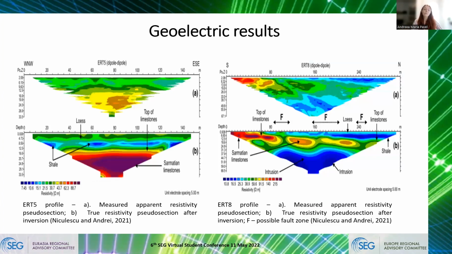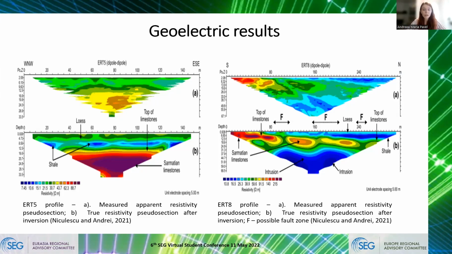Now I'm going to talk about some of the results we obtained after this field camp. On this slide, you can see 2 of our 8 geoelectrical profiles we performed. On the left side, you can see the apparent resistivity pseudo section and the true resistivity one for profile 5. From this section, you can see the Sarmatian limestones, indicated with an arrow. They are represented by values from 70 ohm meters. And the shales and the loess deposit, also indicated with arrows, are located at the top of the